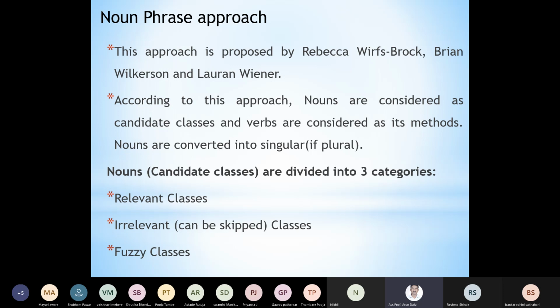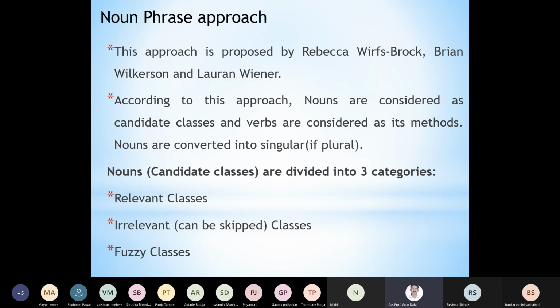Nouns means any object name or any class name, for example, employee. This is the noun. So consider the use case, the nouns are considered as classes, and the verbs are considered as methods of those classes.